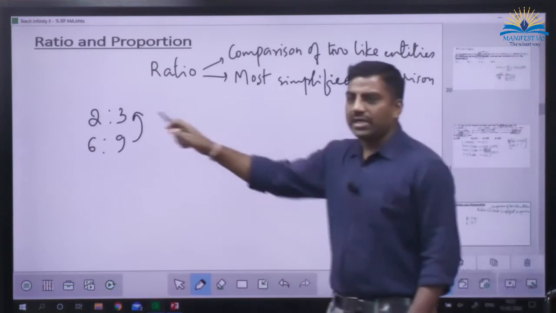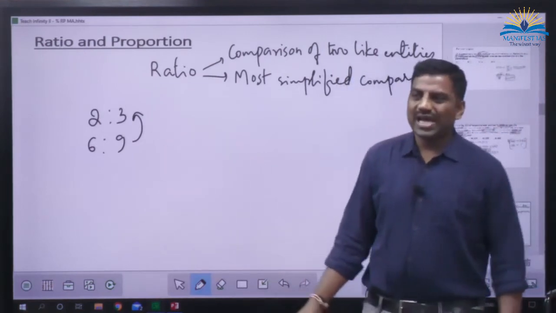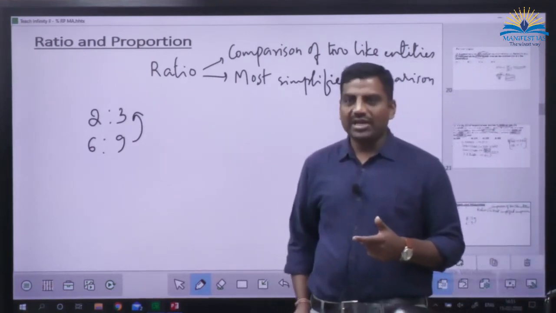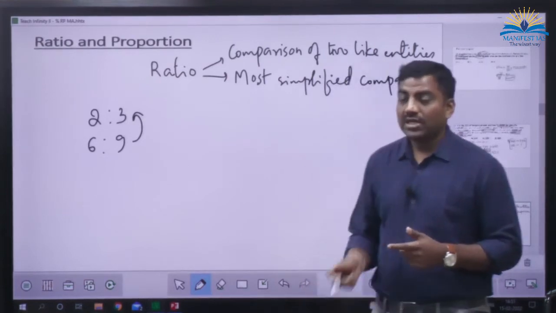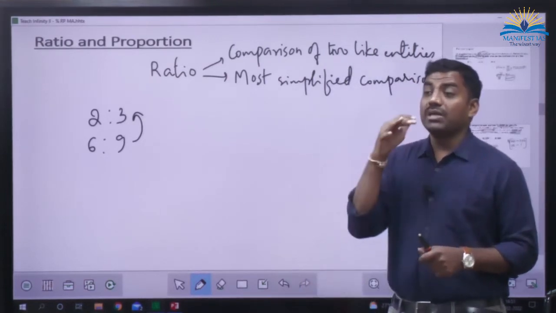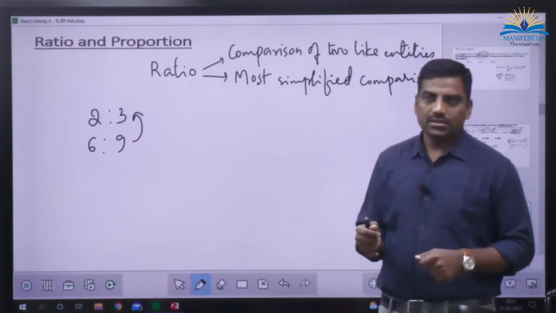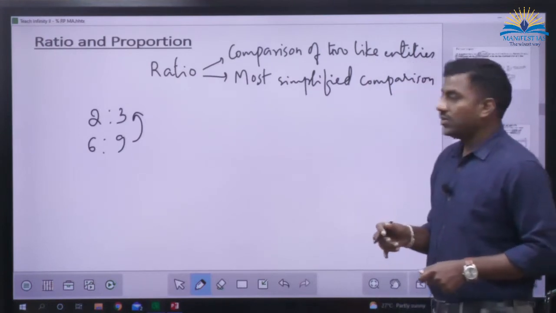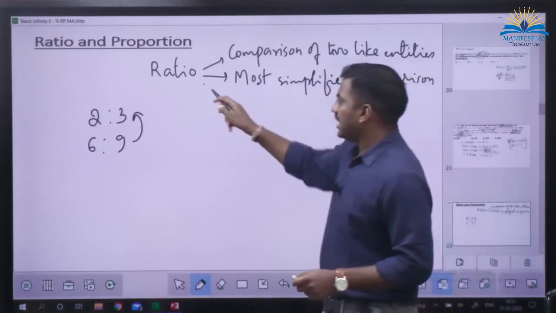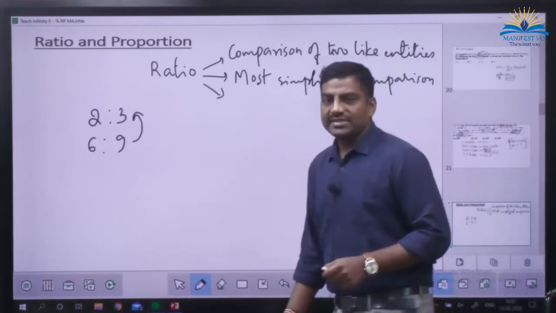Even I can write 200:300, no? But in the answer, we don't give it like that. Finally, we give everything in terms of the numbers which cannot be further divided by any common factor. Okay. So, one more thing is, when I say